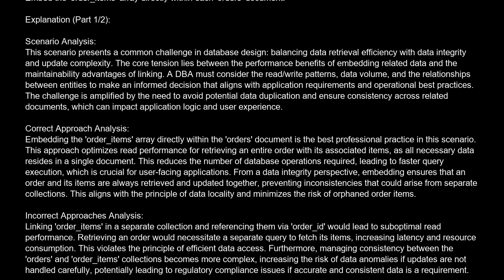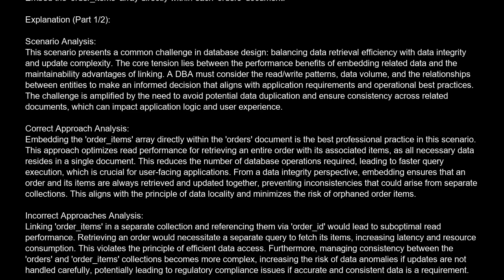Correct approach analysis. Embedding the order items array directly within the order's document is the best professional practice in this scenario. This approach optimizes read performance for retrieving an entire order with its associated items, as all necessary data resides in a single document. This reduces the number of database operations required, leading to faster query execution, which is crucial